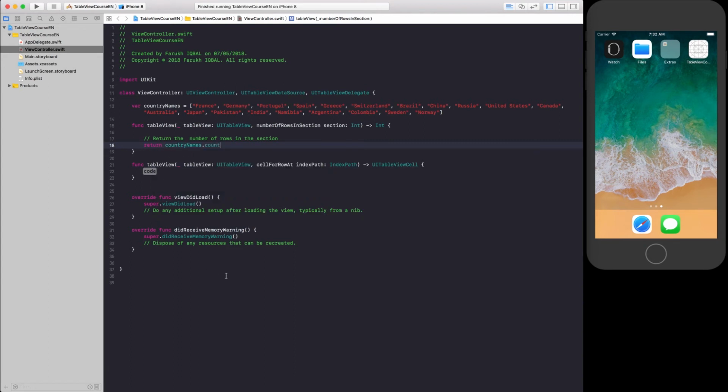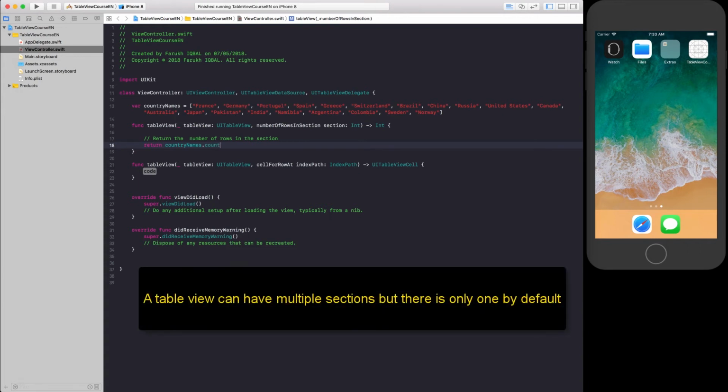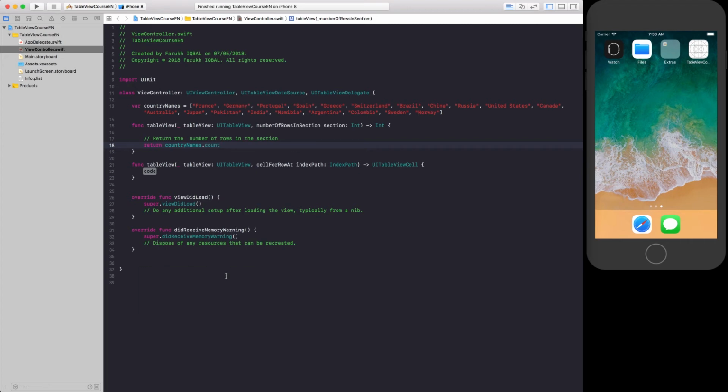The first method is used to inform the table view of the total number of rows in a section. You can simply call the count method to get the number of items in the countryNames array. As a side note, a table view can have multiple sections, but there is only one by default, right? And then for the second method,